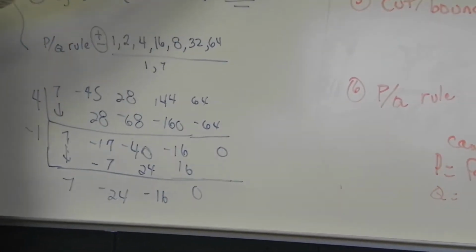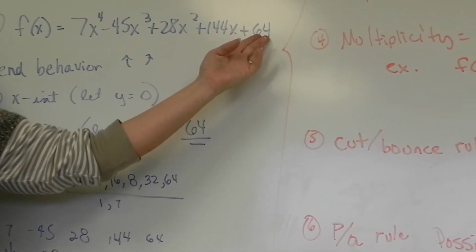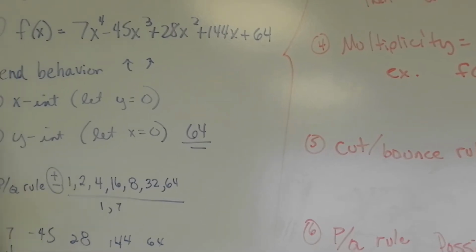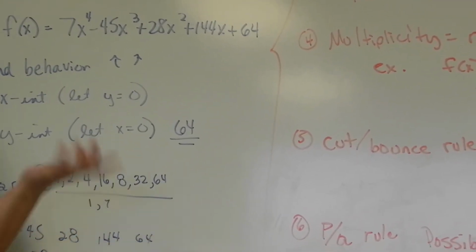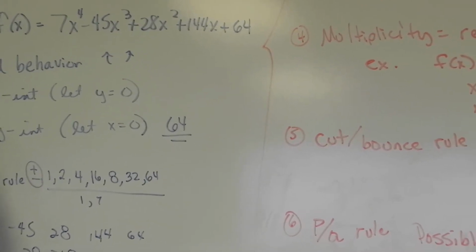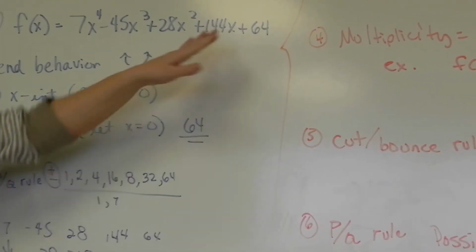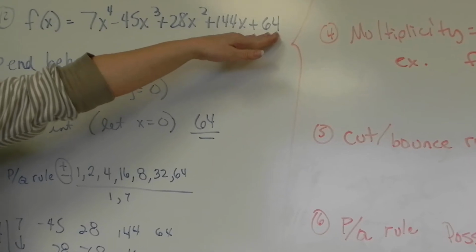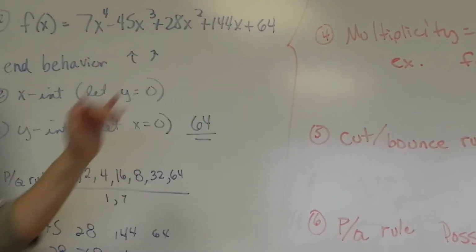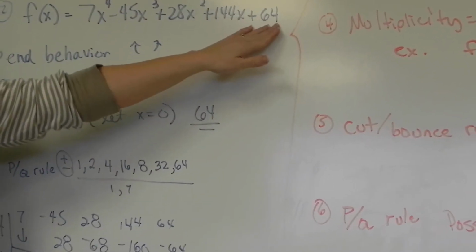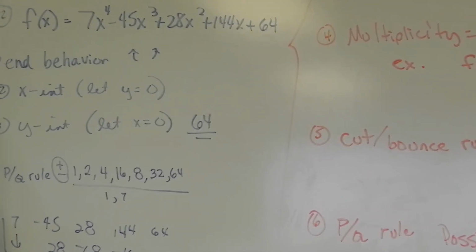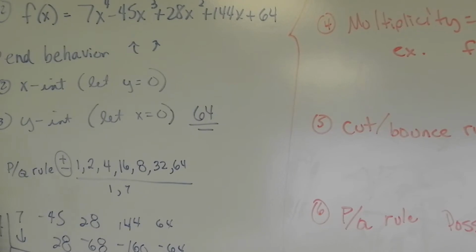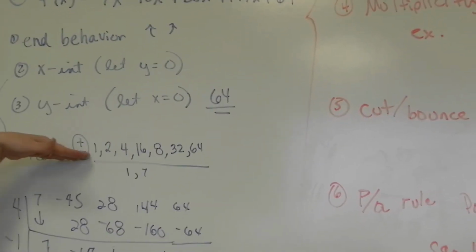The P over Q rule says if you take factors of your constant, P is the constant, the number at the end, no variable, the constant. Factors of the constant for 64 would be 1, 2, 4, 16, 8, 32, 64, and I may have missed some. Anything you notice? Anything else go into 64? I don't think 3 does. I've got 4. 6 does not, I don't think. No. 7. So if you go through the factors,